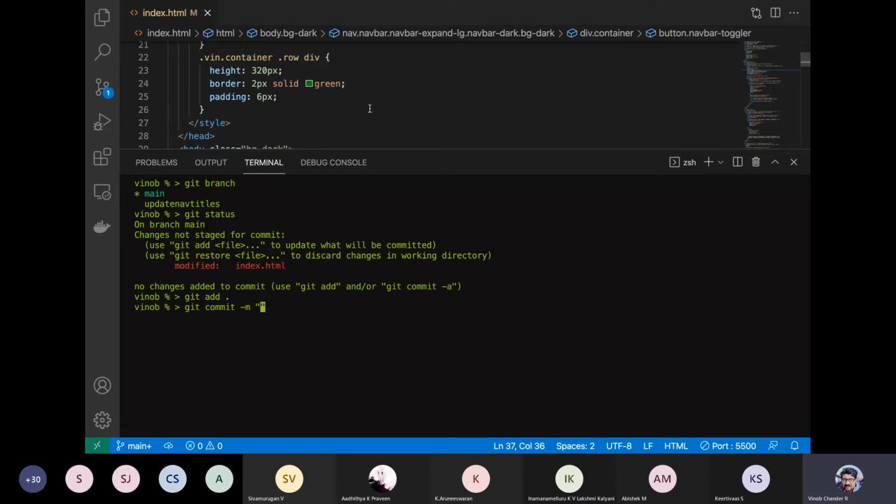Let us specify some title. So what did we do here actually? We have updated or rather changed nav title. It was test site to FACO-GEM.